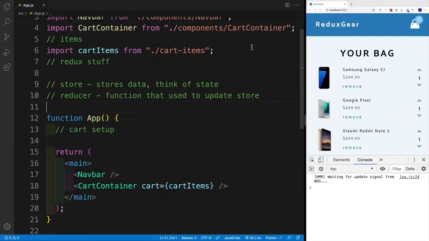Awesome. Once we're familiar with our setup, let's roll up our sleeves and finally write some code. And I guess we'll start by setting up our store. And in Redux land, the store is used to hold our data. Now, you can also think of the store as a single source of truth and a way for us to manage the state